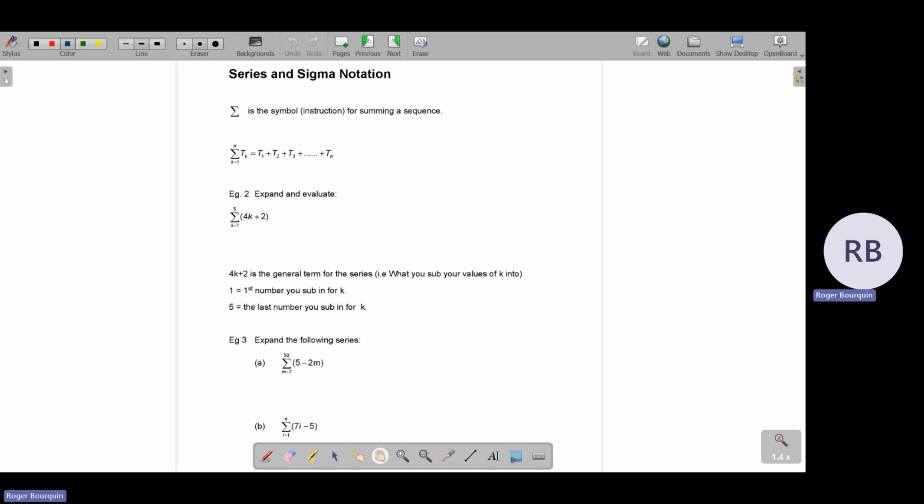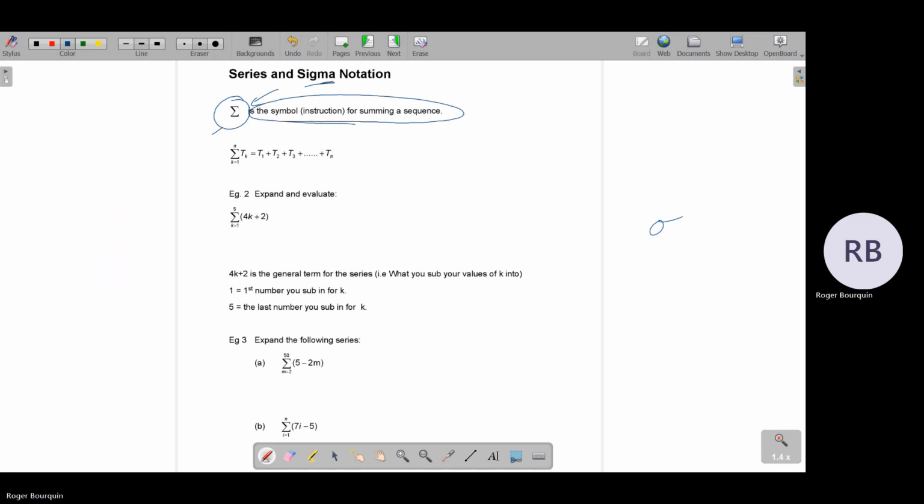Okay. So sigma, this thing, is a letter of the Greek alphabet. Do you have any Greeks here? What letter of the alphabet is it? It's sigma. It's a capital letter. The baby version of sigma is that. But in mathematics, this is an instruction which is saying to you, go add up the terms